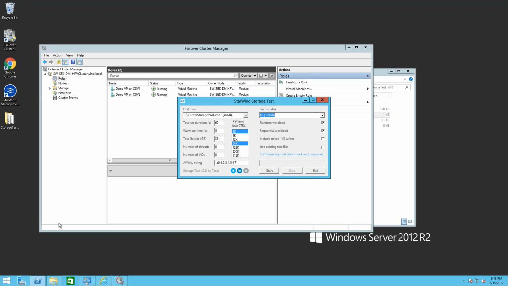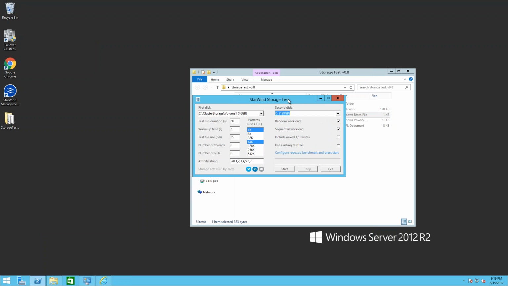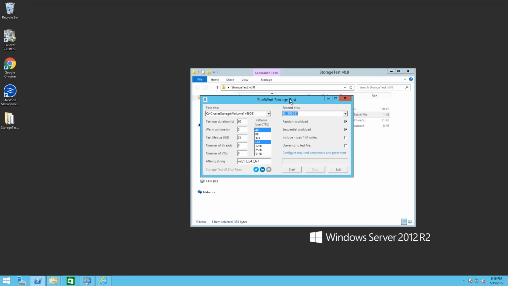So just to let you know, I have a StarWind HA device configured, and these two servers are part of the cluster. The StarWind device is locally available to the partner host on both ends. And just to briefly describe the StarWind Storage Test tool, it's made quite simple. What we would need to do is firstly select the HA volume, then we would select the volume which will be used in order to compare,